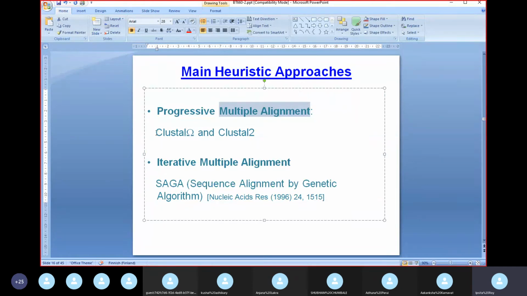algorithm. So Clustal Omega is one. Clustal 2 takes into account the evolutionary relationship between proteins also, but Clustal Omega is the one that is used more commonly for multiple alignments. Then you can also have iterative multiple alignment. Iterative basically means repetitive. You repeat the same thing. So you do one round of alignment, see how good the fit is, and find out where the mismatches are. You again go back to the original sequence, and with that you try to optimize the alignment process.